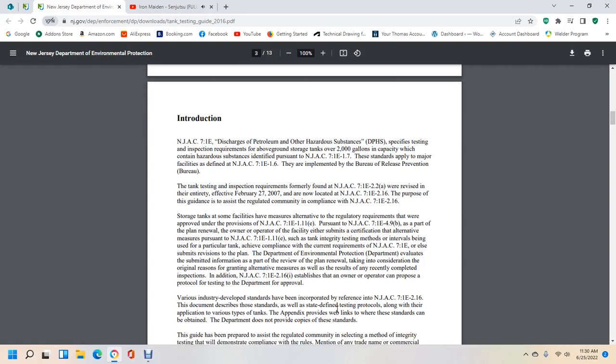Introduction. New Jersey Administrative Code 7:1E discharge of petroleum and other hazardous substances specifies testing and inspection requirements for aboveground storage tanks over 2,000 gallons of capacity which contain hazardous substances identified pursuant to the New Jersey Administrative Code 7:1E Subchapter 1.7. These standards apply to major facilities defined in the New Jersey Administrative Code 7:1E 1.6, mentioned in the Bureau of Release Prevention,